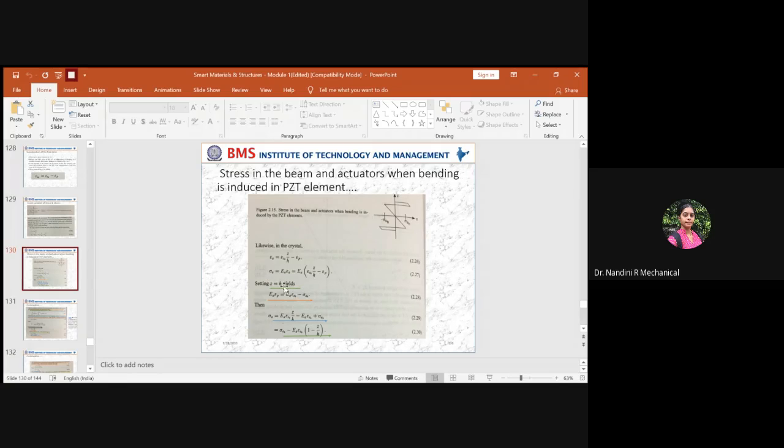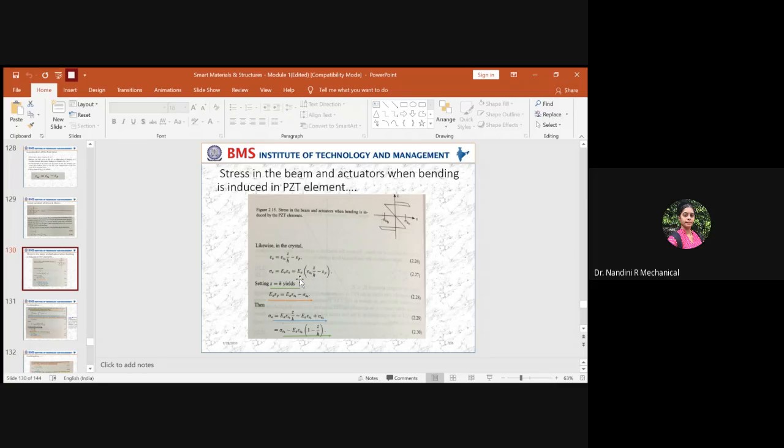You have here the equation for the stress across the actuator, which we have studied already. In this case, you should put Z equal to H. So here you have Z and this is our H. If you replace, H and H get cancelled, so the equation gets simplified. This is the elastic modulus of the actuator. In the bracket, you will have the strain across the structure at H minus the free strain. This will be the value. Then you take it outside the bracket and simplify, and you will get this value.